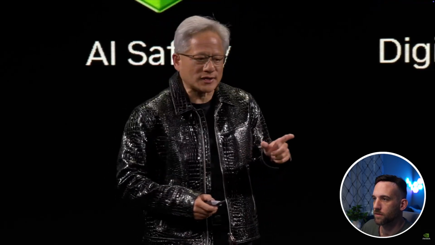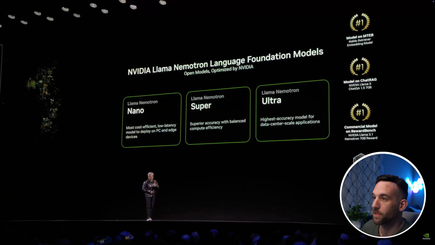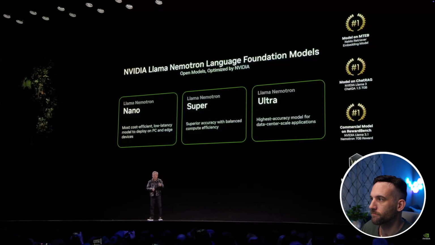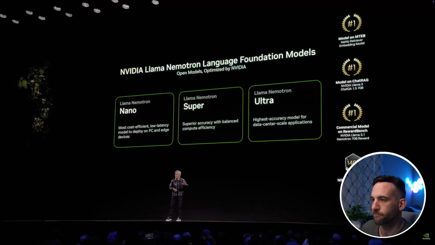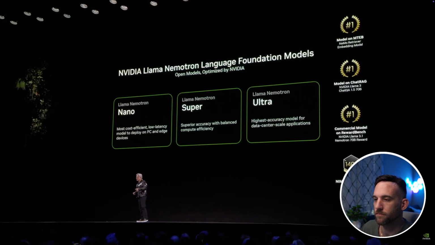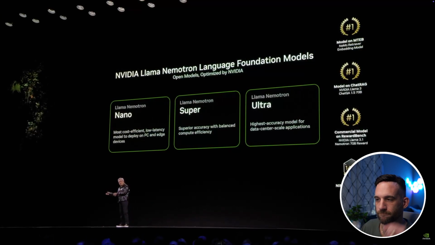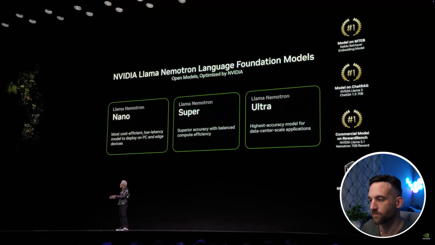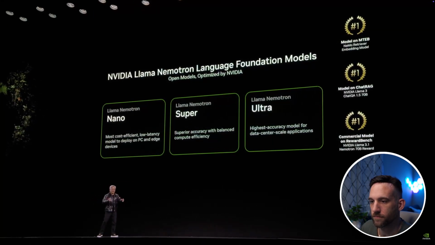Well, today we're also announcing that we're doing something that's really cool and I think really clever. We're announcing a whole family of models that are based off of Llama. That's pretty cool. Llama Nemotron, based off of Llama language foundation models. Llama 3.1 is a complete phenomenon. The download of Llama 3.1 from Meta, 650,000 times, something like that. It has been derived and turned into other models, about 60,000 other different models. It is singularly the reason why just about every single enterprise and every single industry has been activated to start working on AI.